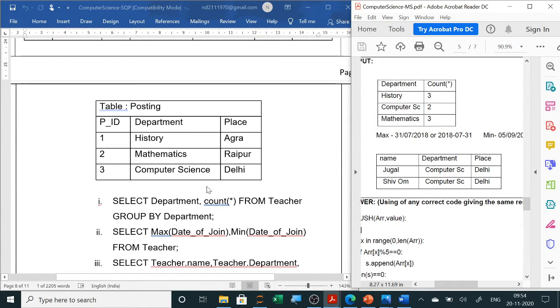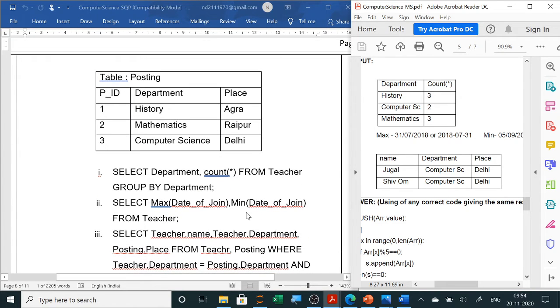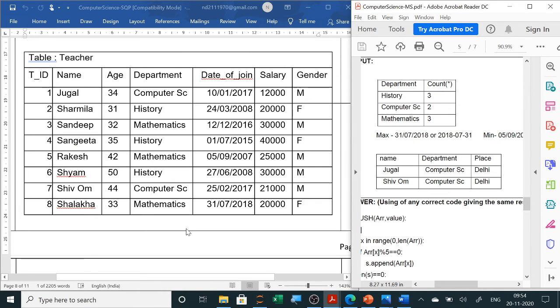So this is over. The next one is maximum date of joining and minimum date of joining. So this is very easy. Only you will write here max date of joining and here min date of joining, and just below that you will write, see here, maximum date of joining will be in 18. So last one will be max, and minimum date of joining will be 2008 3 March.